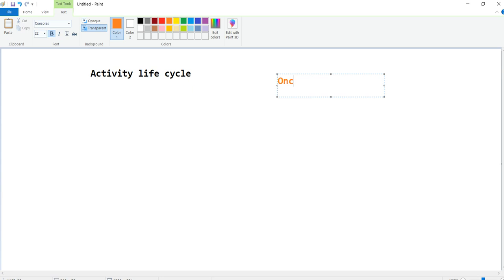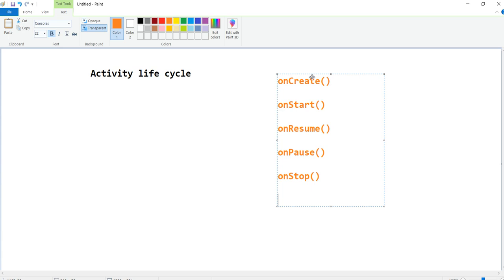First one is onCreate, then onStart, then onResume, then onPause, then onStop, then onDestroy. So these are the six.